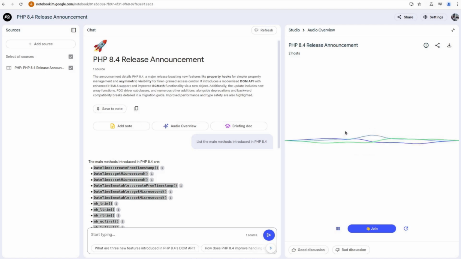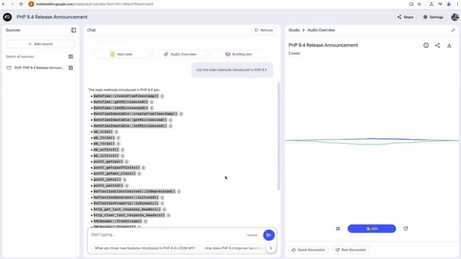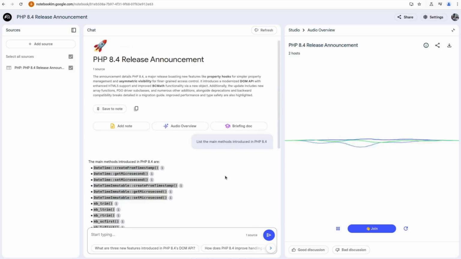All right, everyone, welcome back. Today we're going to be taking a look at PHP 8.4. We've got the official release announcement right here, and there's a lot to cover. So yeah, it's a pretty big release. There's a lot of emphasis on improving performance and also like